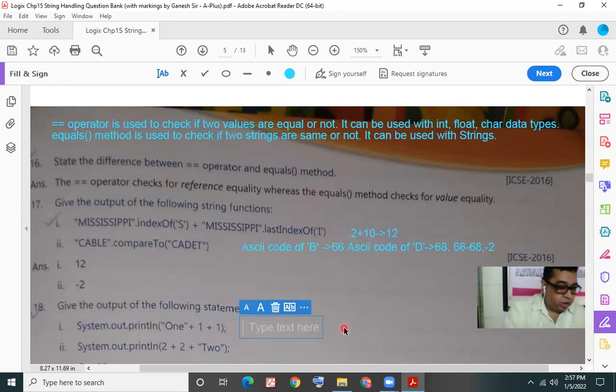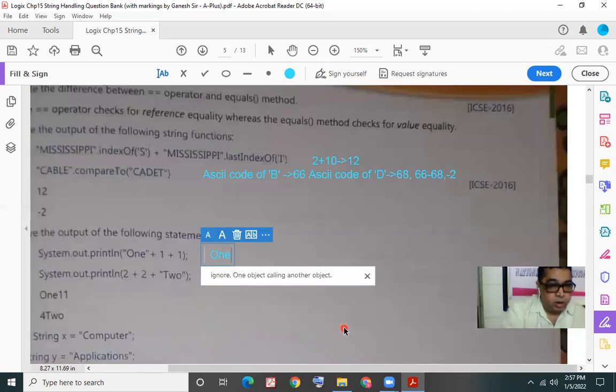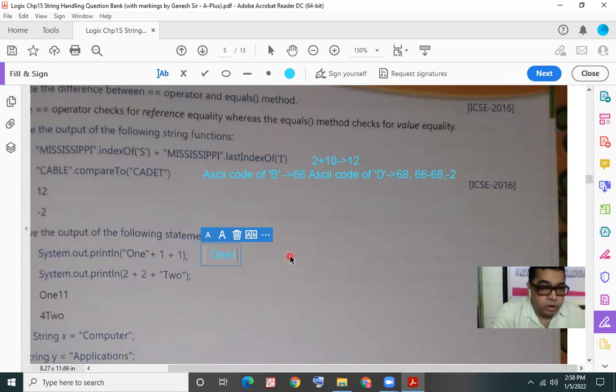First the string ONE would be concatenated with an integer. ONE being a string and 1 being an integer value, when they are concatenated, it will result into a string ONE and the digit 1. So this would be the result, ONE1.